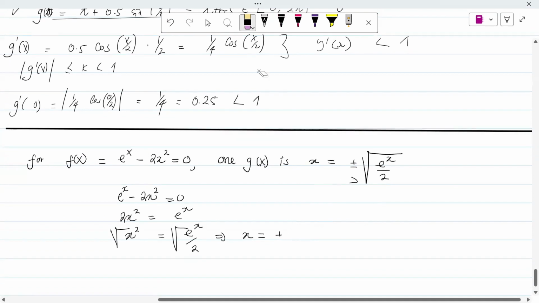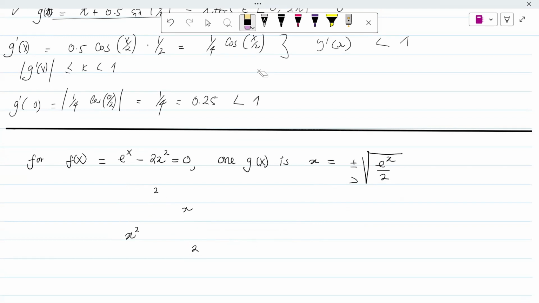All right, now with this arrangement, what is it saying? The first question says, show that this converges to the root near 1.5 if the positive value is used, and to the root near negative 0.5 if the negative value is used. So the question says that to show that this x is equal to plus or minus the square root of e to the power x over 2 converges, right, to which value? 1.5